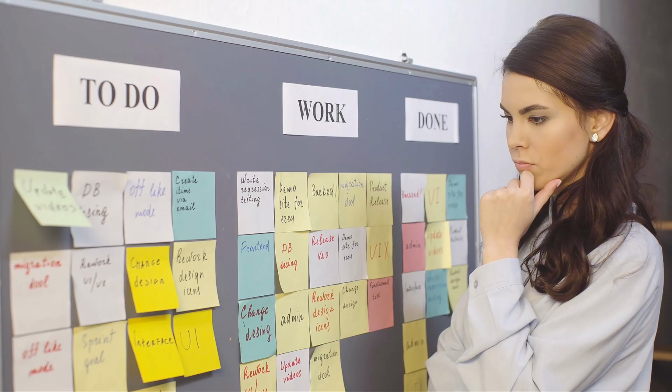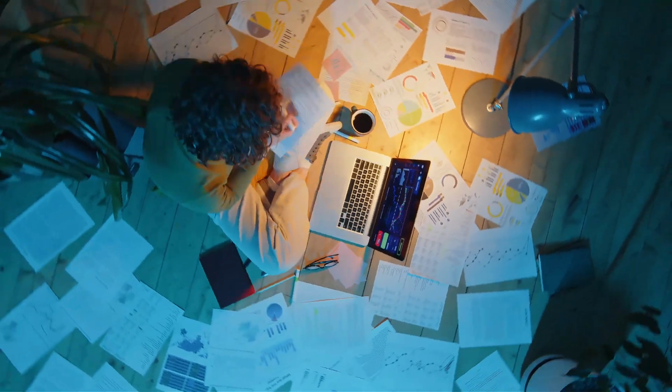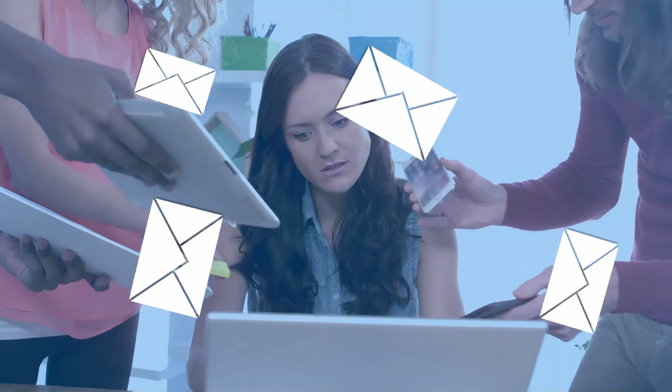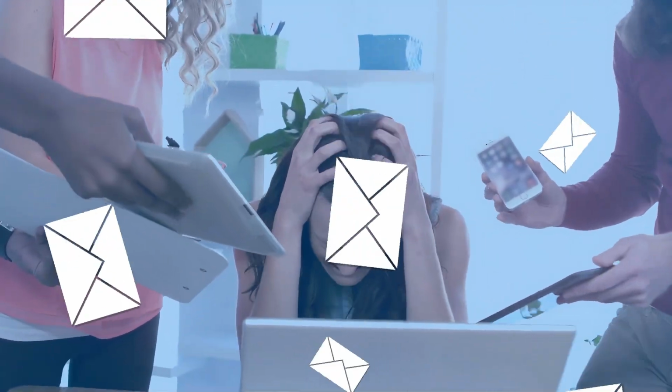Jira is cooked for freelancers because the hardest part isn't managing tickets. It's creating them from chaos. You get a PDF proposal, a vague scope, 10 Slack messages, and you lose half a day turning it into